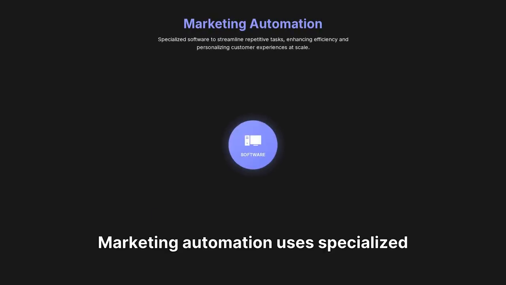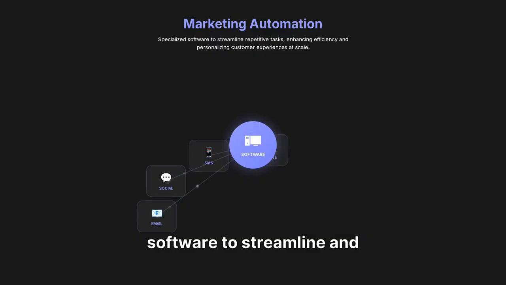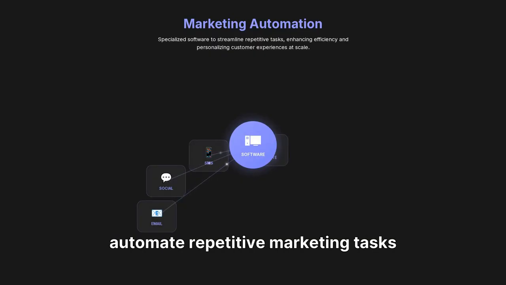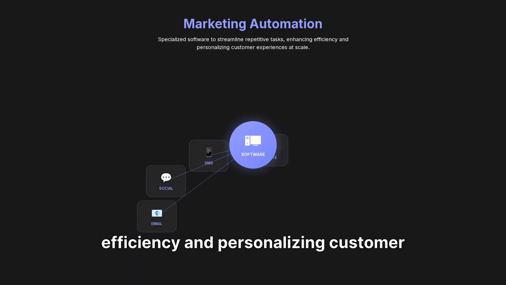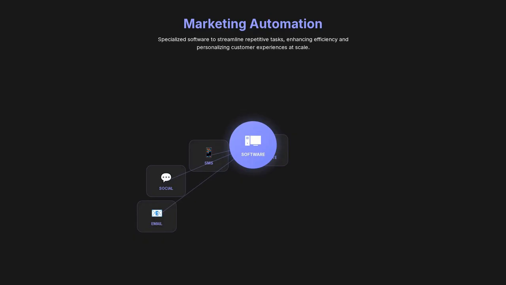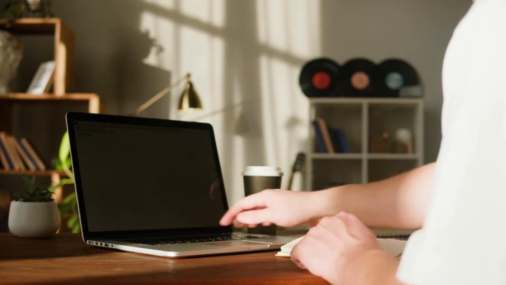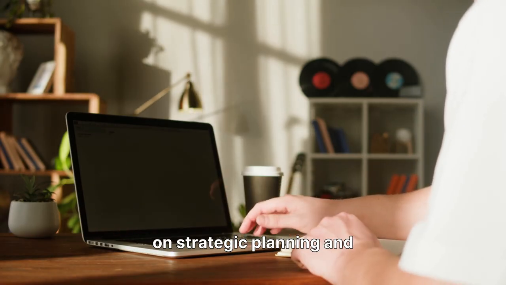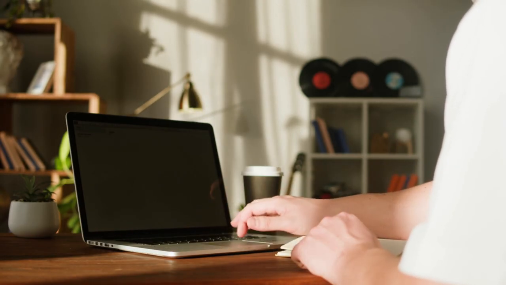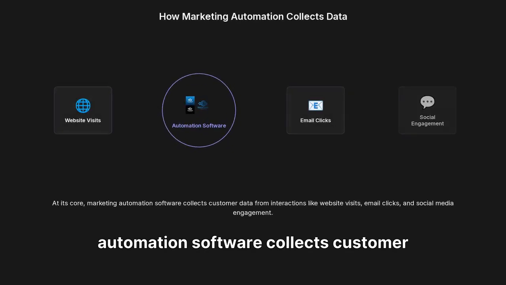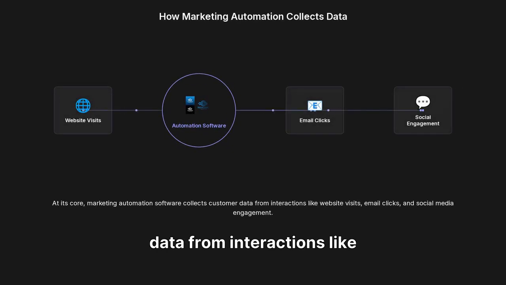Marketing automation uses specialized software to streamline and automate repetitive marketing tasks across various channels, enhancing efficiency and personalizing customer experiences at scale. This powerful approach frees marketers from mundane tasks, allowing them to focus on strategic planning and creative initiatives. At its core, marketing automation software collects customer data from interactions like website visits, email clicks, and social media